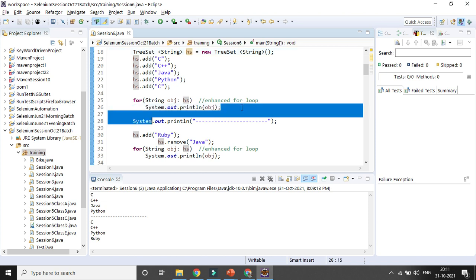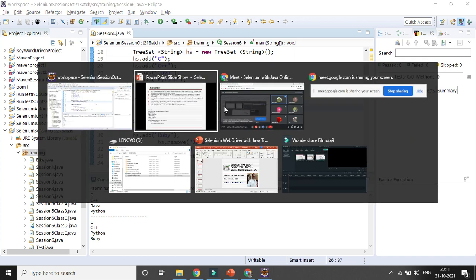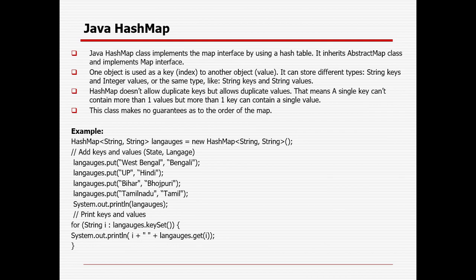The other one I'll be covering is from the Map interface, which is HashMap. Here you are working with a single dimensional array with the help of ArrayList, LinkedList, TreeSet or HashSet. But in case you have two dimensions, you have to deal with the HashMap. It is just like a telephone directory. Every phone number should have some consumer name. The phone number should be unique in nature, but your name cannot be unique.